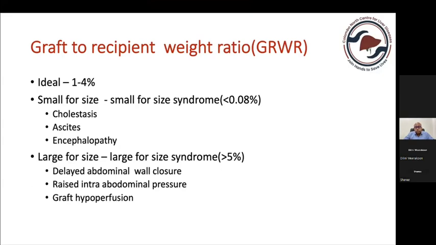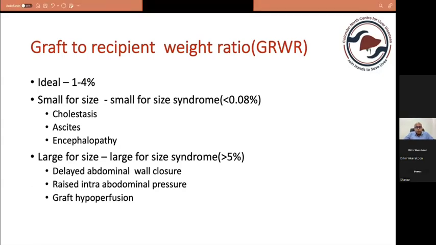With regard to graft to recipient weight ratio, the ideal is about 1 to 4%. If it's too small a graft, the recipient will have small for size syndrome with cholestasis, ascites, and encephalopathy, and sometimes the recipient might even succumb to it. Again, if it's too large, large for size syndrome comes in mainly in pediatric liver transplantation, because in adults we take the native liver out, and in cadaveric donation we put the full liver or part of the liver,